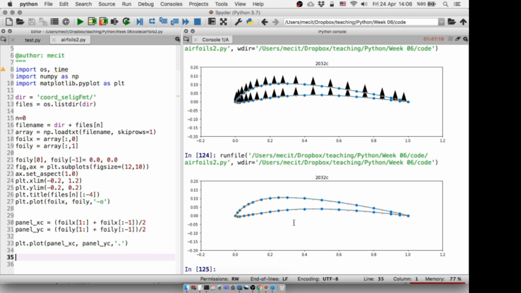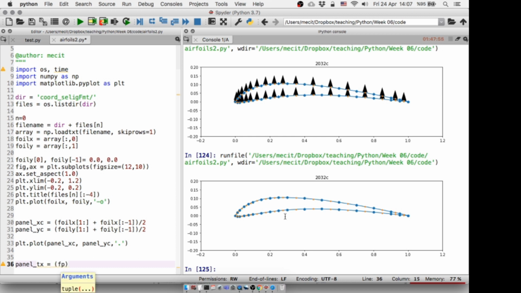I want to do the panel. I want to calculate the panel normals from the panel tangents, and this is how I go about doing that. So the slope of a panel is a vector, so this is the tangent vector of a panel. So panel tangent x is this time